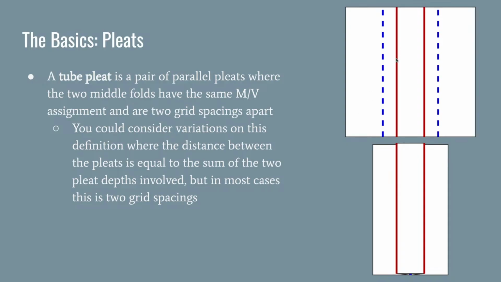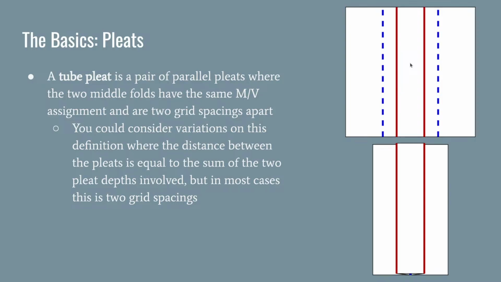Basically, the definition for a tube pleat is that the distance between these inner folds of the two pleats is the same as the sum of the distances between the mountain and valley of the two separate pleats. Basically, the sum of the pleat depths of the two pleats is equal to the distance between the pleats. And so when they're folded, these outer folds meet